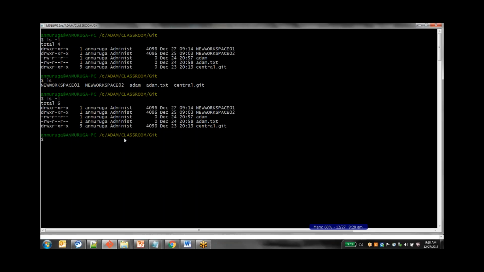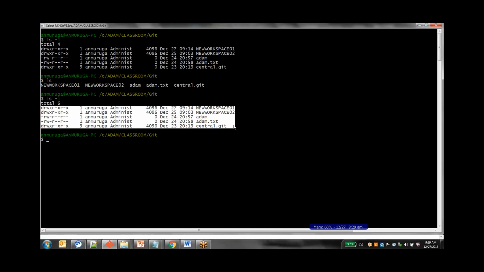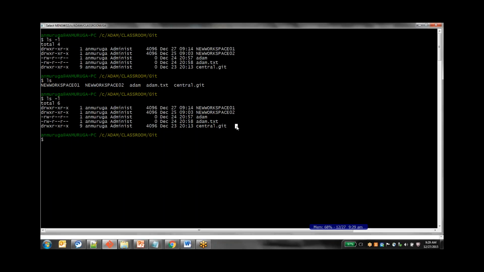There are some space-separated columns: this is one column, this is one column, this is one column. If you count it, it will be 1, 2, 3, 4, 5, 6, 7, 8, and 9 columns. Altogether it will show you 9 columns, wherein the important ones for us are the first column, and then